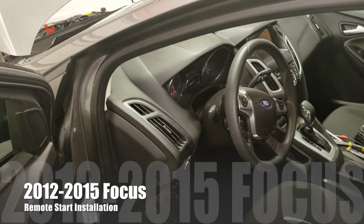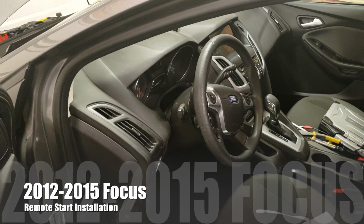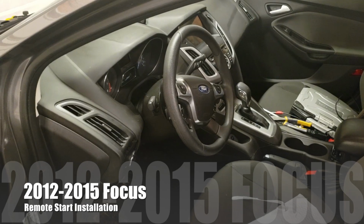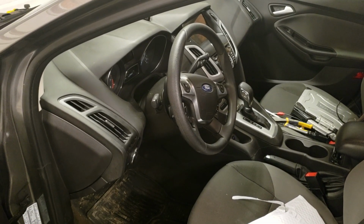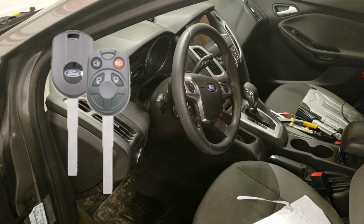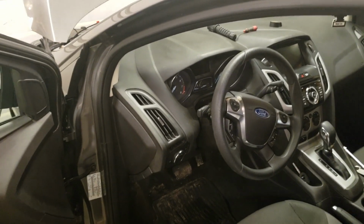Alright, today I'm going to be doing another little project on the 2012 Focus. This project applies to all 2012 to 2015 Ford Focus. And I'm going to be adding an add-on factory type remote starter. It will use the factory remotes, so keep in mind it'll only work as far as your factory lock and